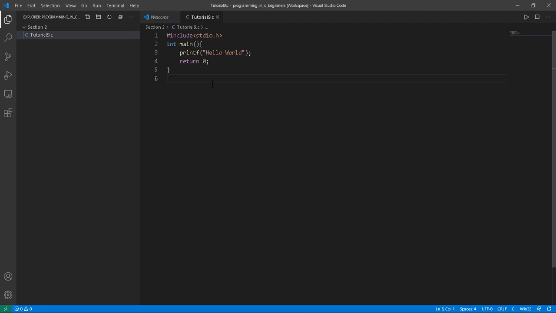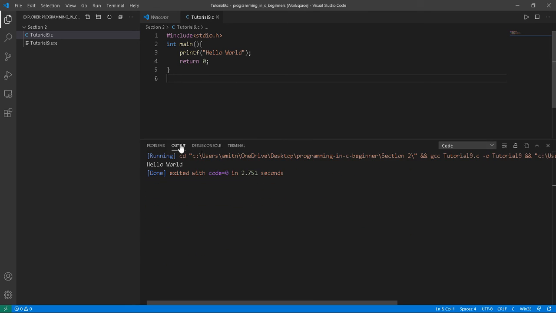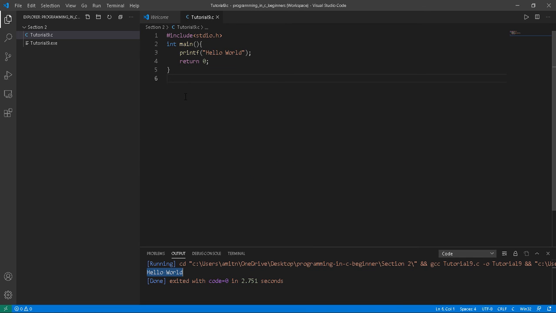To run this program, all that we need to do is click on this play button on the right hand side, or we can choose the shortcut Ctrl Alt N. As soon as I click on this, it will run the program and we can see the output in the output tab right down there. You can see it's printing hello world. So this is how we create a C language program in Visual Studio Code and compile and run it.